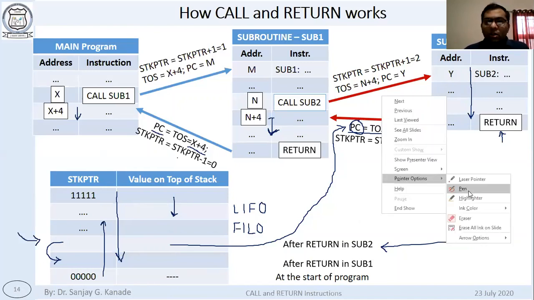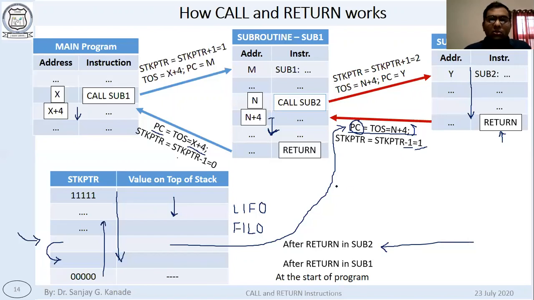Okay, so what is to keep in mind is, when we are using the call instruction, this sequence you should note down. Stack pointer is incremented, then the value of the next instruction is written to top of stack, and PC is loaded with the address of the subroutine.